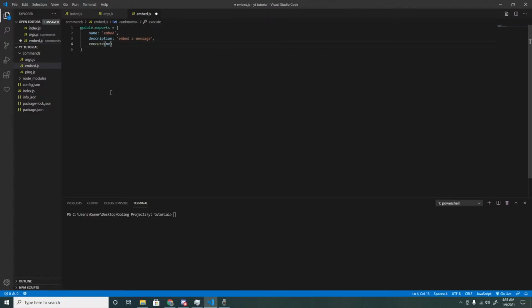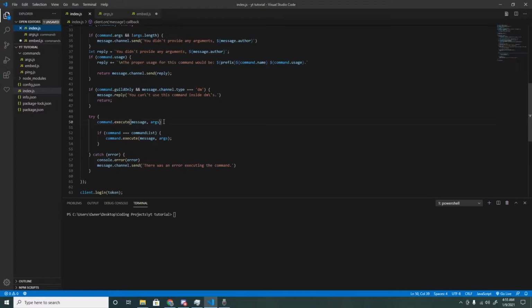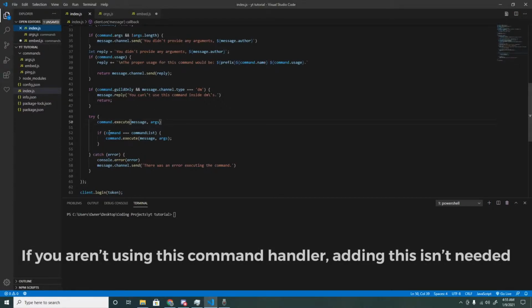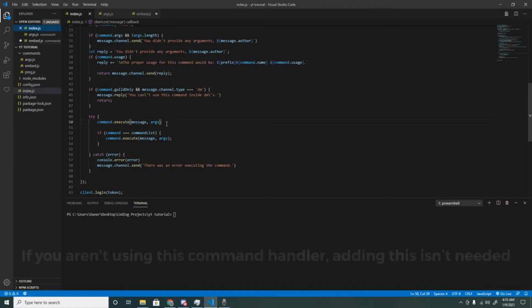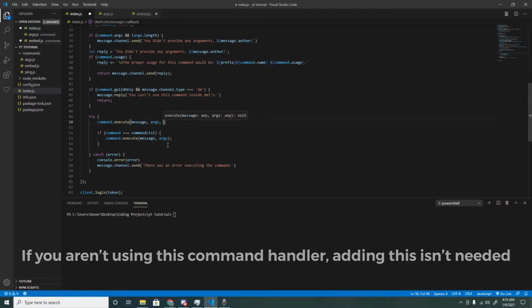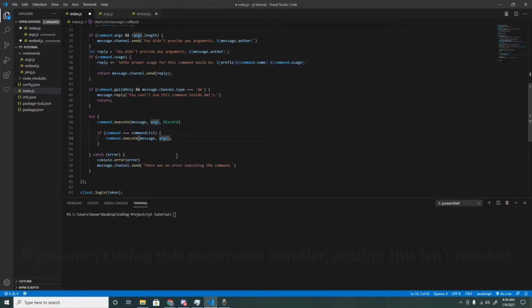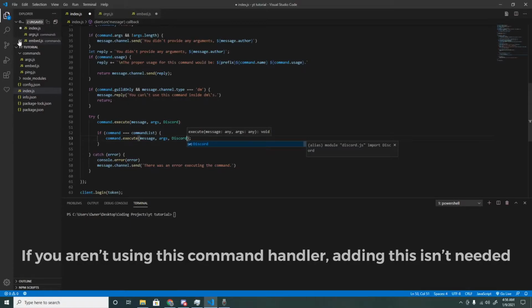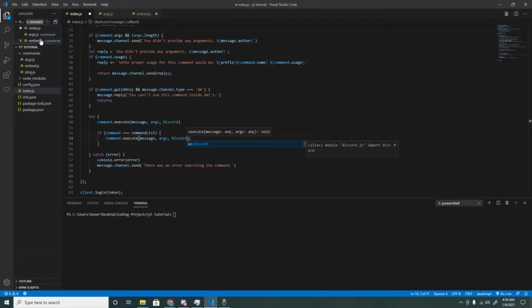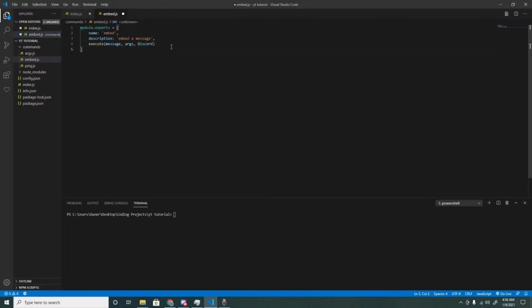Now so far we've only executed message and args, but this video we will need to execute Discord as well. So we're going to add Discord there, then we're going to go back to our main file, and inside the two executes right here at the try catch, we are going to add Discord. So add these, and now they are passed, and you can use them inside this embed file. So we are going to open this up,